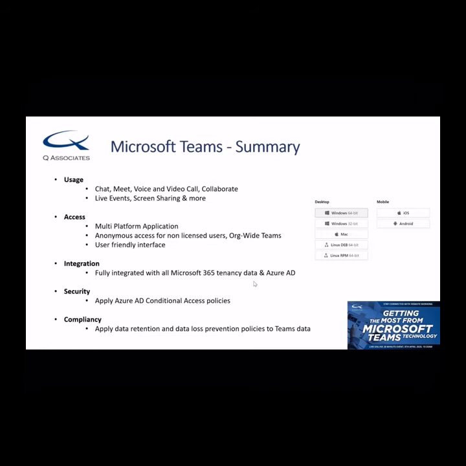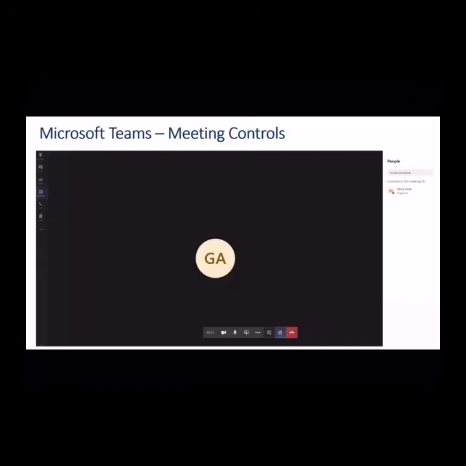Another question: can I dial another person into a meeting that is already in flight? Yeah, that's very straightforward to do. If we go back to the call control screen here, I can click on the call control down here, the one next to the hang-up button. That shows the list of participants. If I click on the ellipsis over here, I can add new participants to the call. So regardless of whether the call was a scheduled meeting or just an ad hoc call, I can always add additional participants into the call.